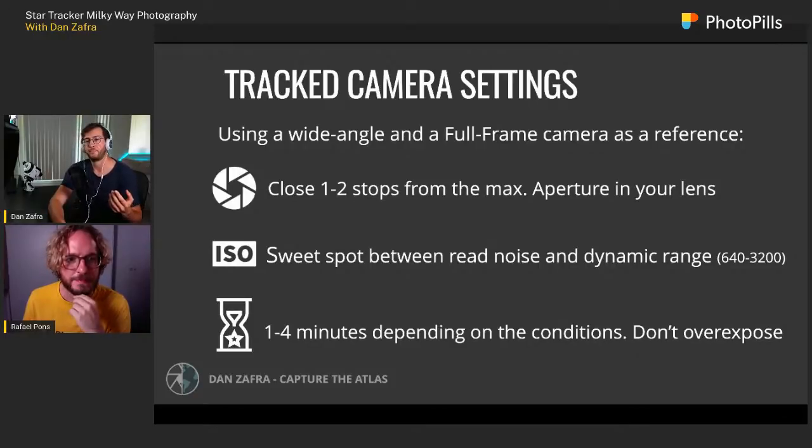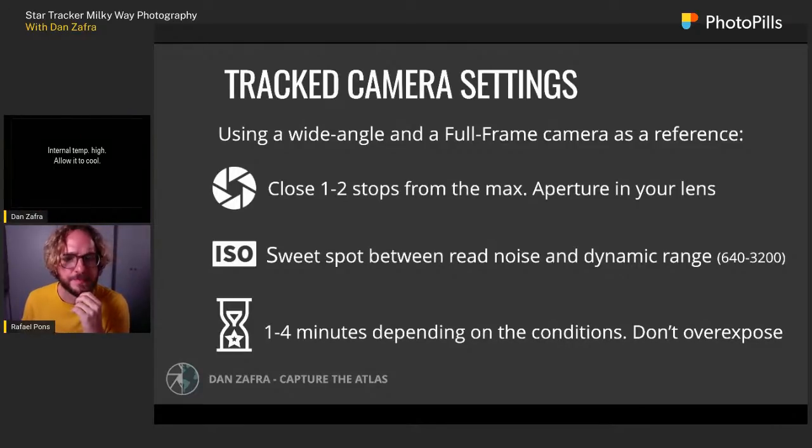What I usually do is focus on the stars, focusing at infinity, when I'm shooting and tracking the Milky Way. And when I'm taking my foreground shots, I usually take either the hyperfocal distance and the hyperfocal focus that you can find using PhotoPills or any other tool. Or, if I'm shooting something very close to the foreground, I'm using